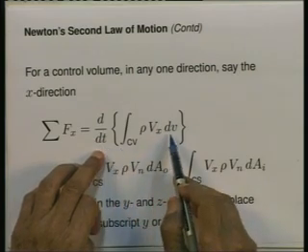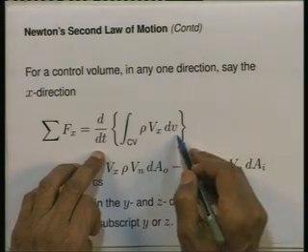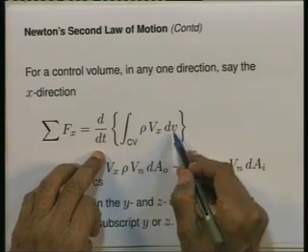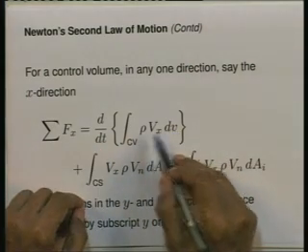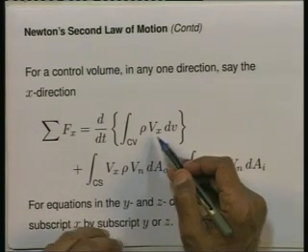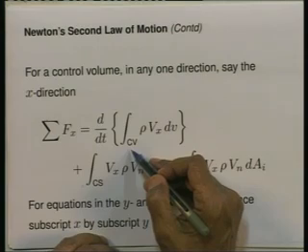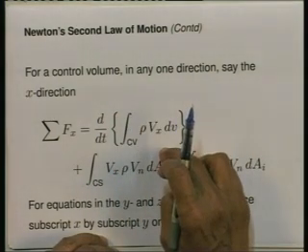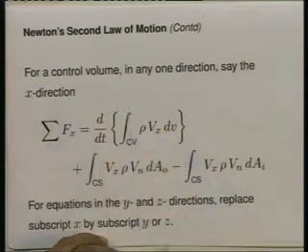Now, notice if I want the x direction momentum inside the control volume, take an elementary volume dV. What is its mass? Rho into dV. What is its x direction momentum? Rho into dV into Vx. I want all the x direction momentum inside, so I take the integral over the control volume. So I get all the x direction momentum inside the control volume, and the rate of change of that,